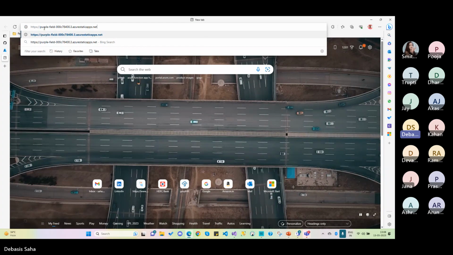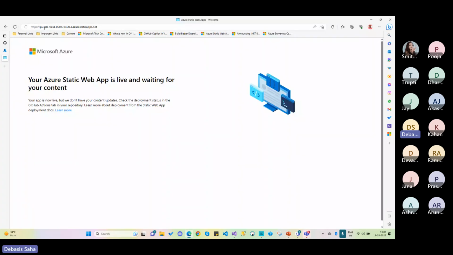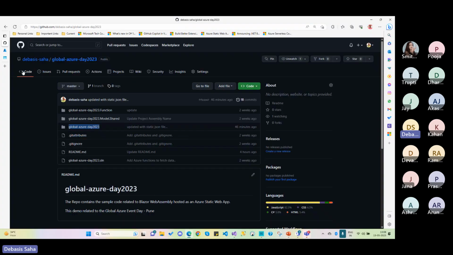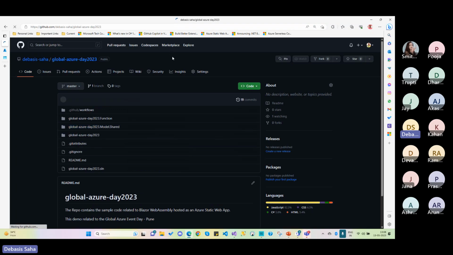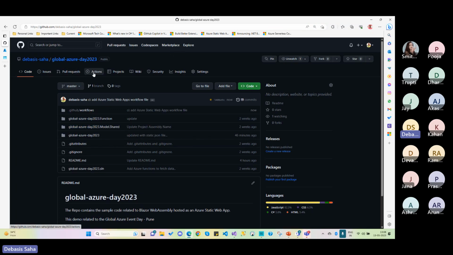Okay, so I simply copy this URL, open a new tab, paste it and try to access the website. Now it shows that the website is live, but waiting for the content. That means the deployment is not happening yet. So what is happening? Just go back to your GitHub repository,